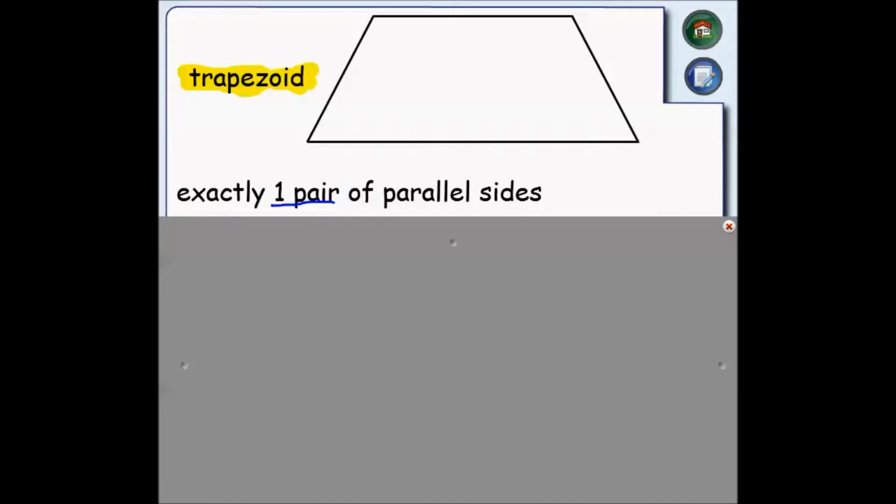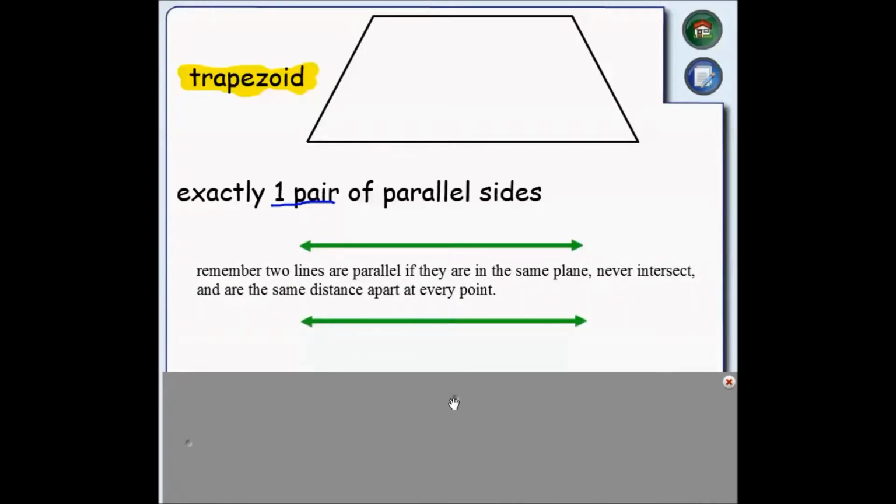So let's recap what parallel is. Remember, two lines are parallel if they are in the same plane, never intersect, and are the same distance apart at every point. So if you look at these two lines here, if we were to take these and extend them